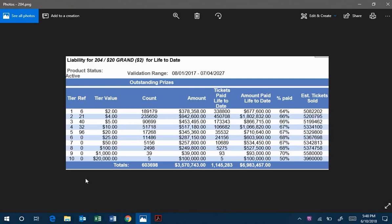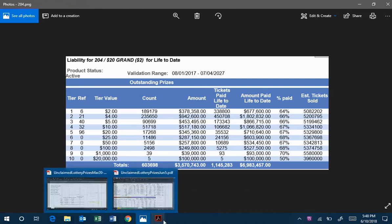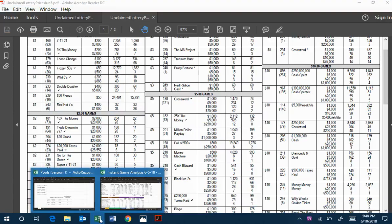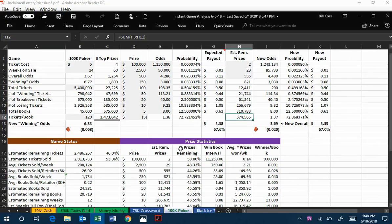So now I know that if I pick a game to analyze, based on the remaining prizes that I do know, I can use that as a guide to calculate the remaining prizes in the rest of the game. So if I pick a game, and you have to buy a ticket to figure out the rest of the numbers, you need to know what kind of prizes are out there. Here's a game,